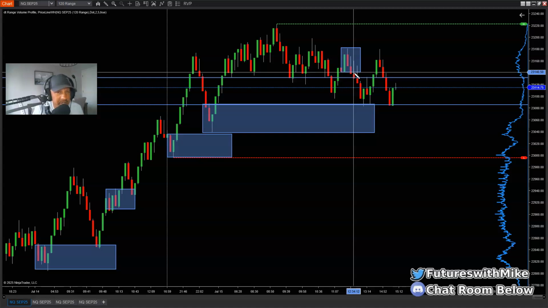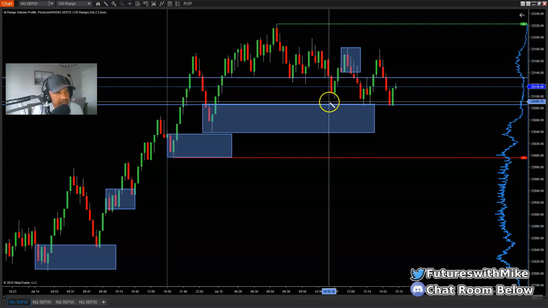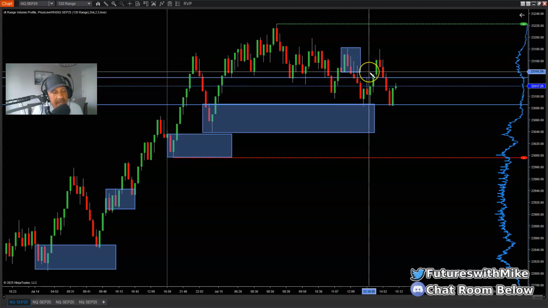The gap fill has already occurred. So when it comes to break structure below this area here and it starts to push back to the upside, I'm not interested in trading a mitigated supply zone. Does it work? Yeah, I'm not saying that the market will not reject again from a